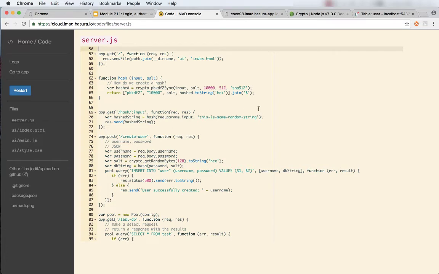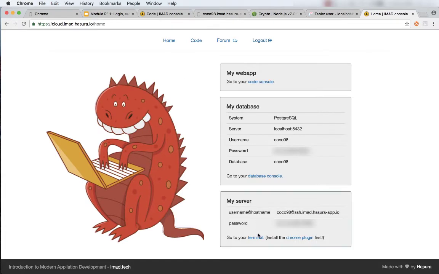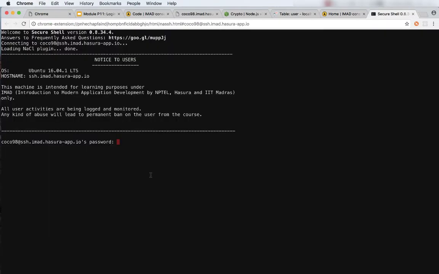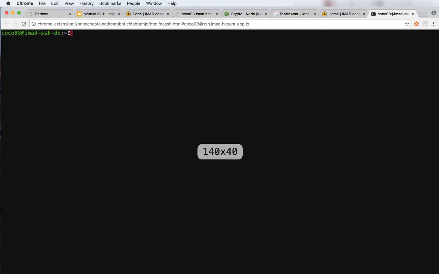So to use curl, because you might not have curl installed on your Windows systems, let's go back to our SSH console. And I'll take my password from here. So I'm logged into my SSH console. I'm going to zoom that up a little bit. So let's quickly check out what curl does. So if I do curl,